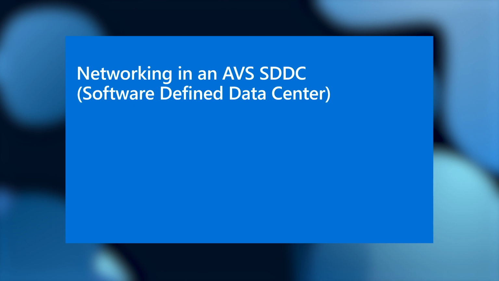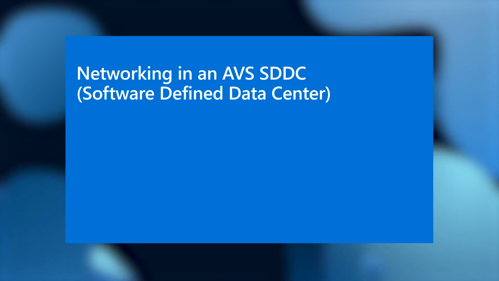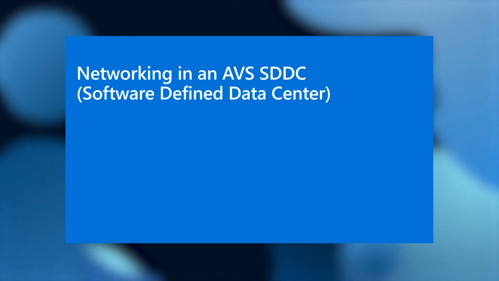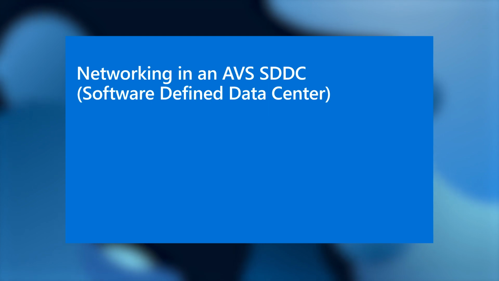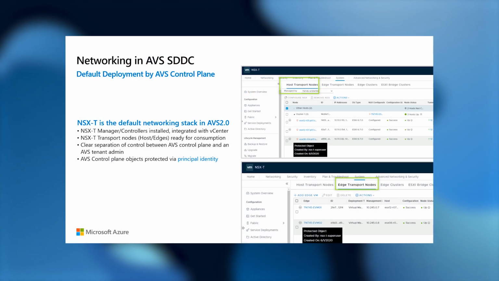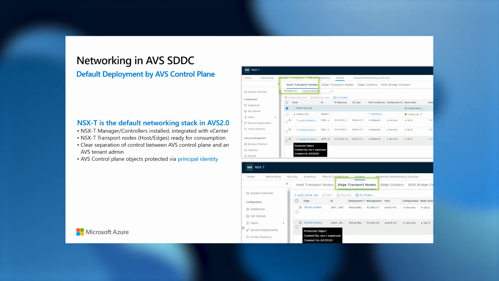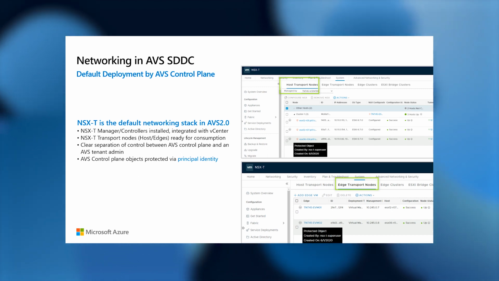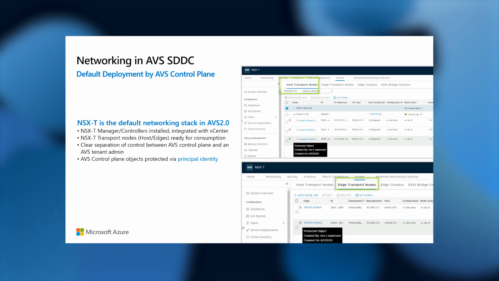So we've talked about the options for how to connect to AVS, the Azure VMware Solution software-defined data center or private cloud. Now we are going to look at what the networking looks like within an SDDC that you have defined in Azure, which brings me to this slide. Like I mentioned earlier, when we create an AVS SDDC, we pre-provision vCenter for you, we install NSX Manager for you, we install HCX for you.